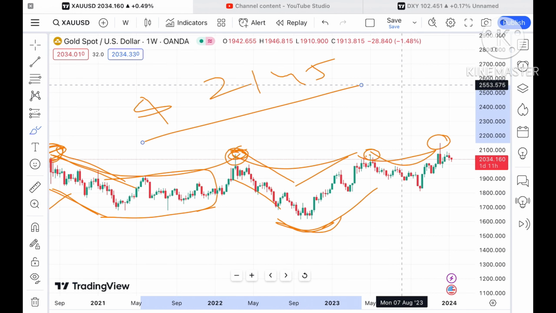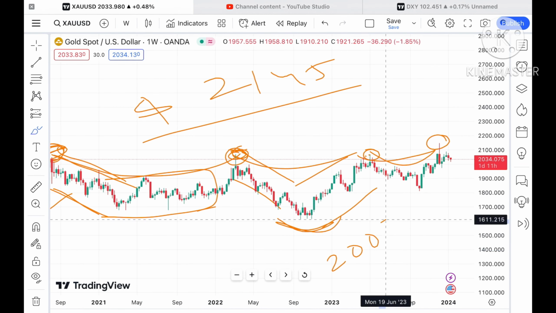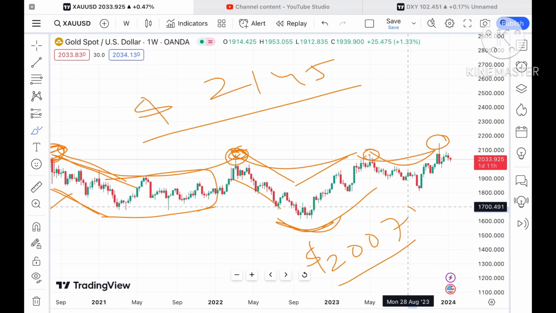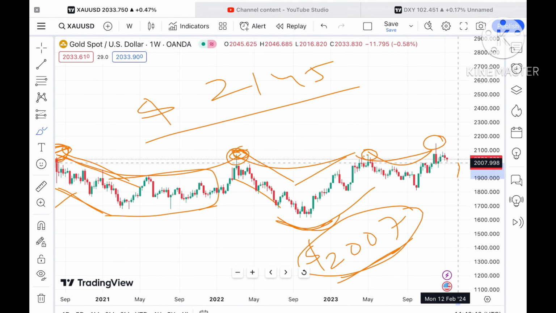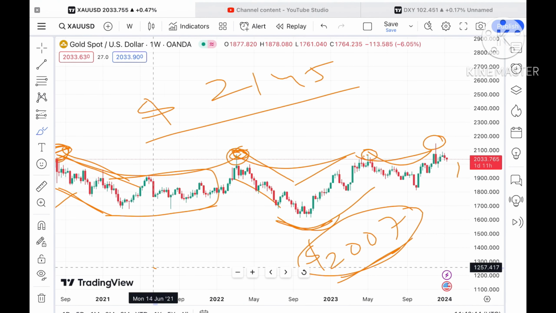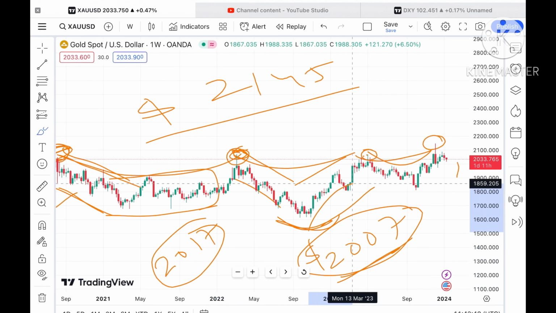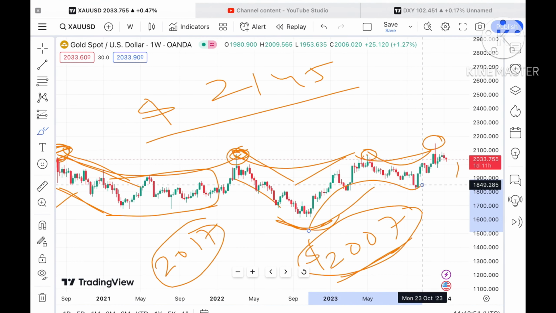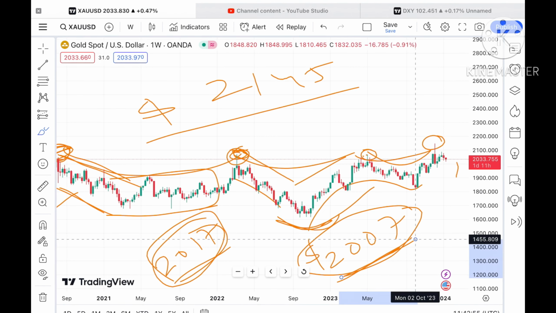So before I move ahead and explain where the price of gold can move, now it is on the upside as you can see looking at this particular chart. But if it starts going below a level of $2007, a further downfall we can see, because there will be a clear pattern forming. But as of now also, if the price starts going below a level of $2017, a further fall we can see looking at this particular pattern. Chances will be very high that as soon as it starts going below 2017, a chance of touching 2007 will be there.